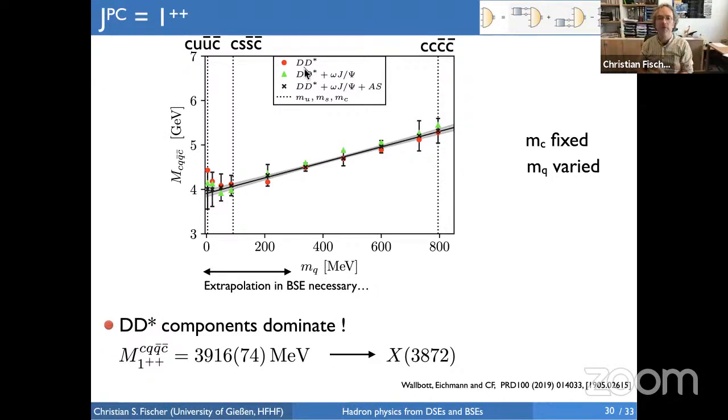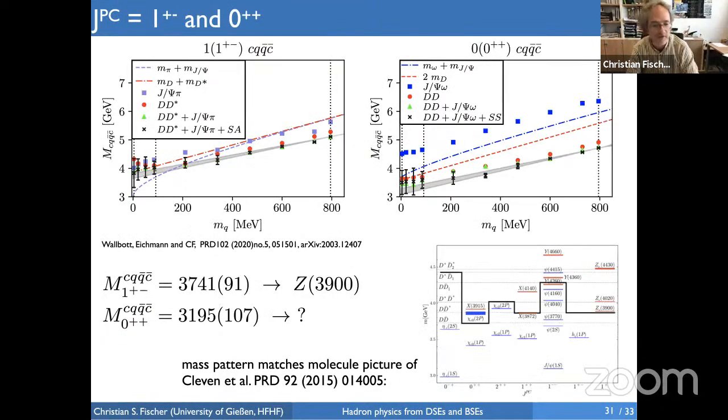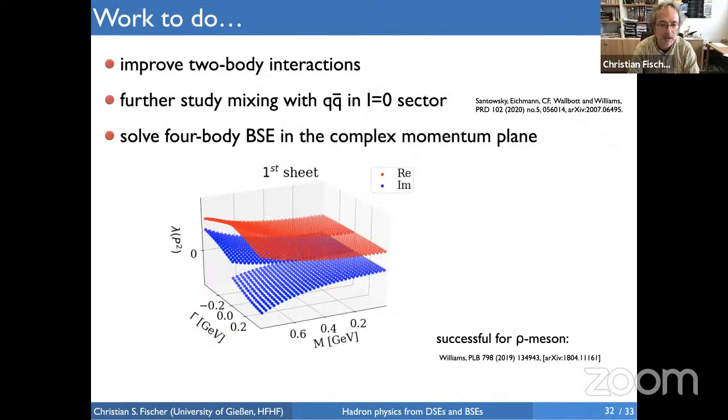And this is in agreement with calculations in effective field theory approaches. So that's very nice. There are a couple of crude approximations which drive up our error bar here, so we cannot make very precise statements here, but the overall picture seems to be right. And you find the same in other channels, which I don't take the time to explain.